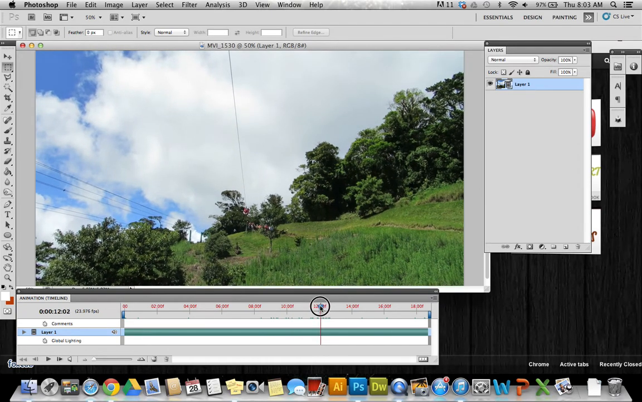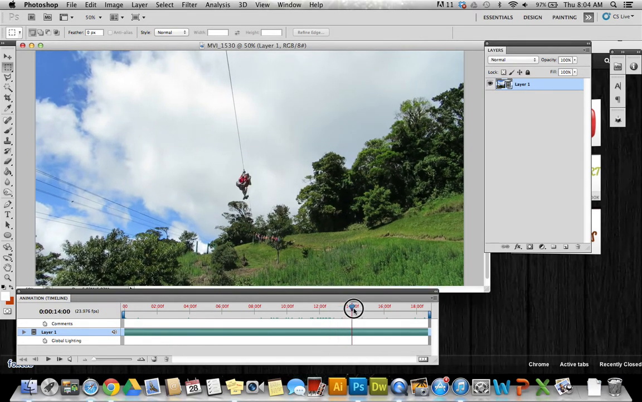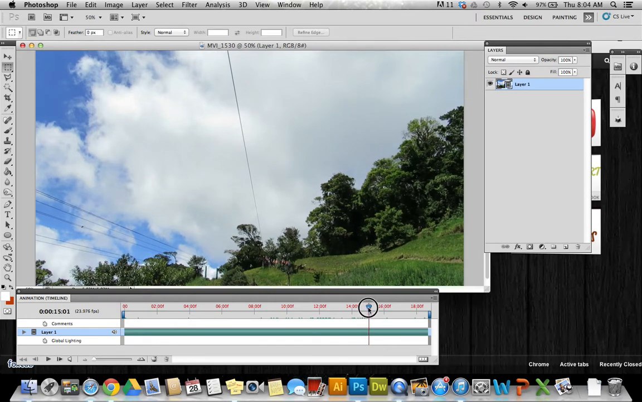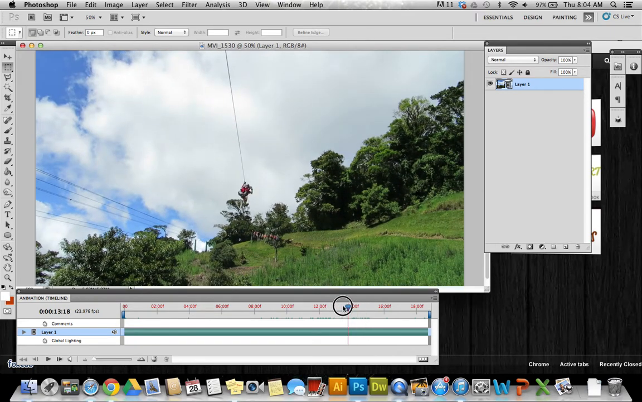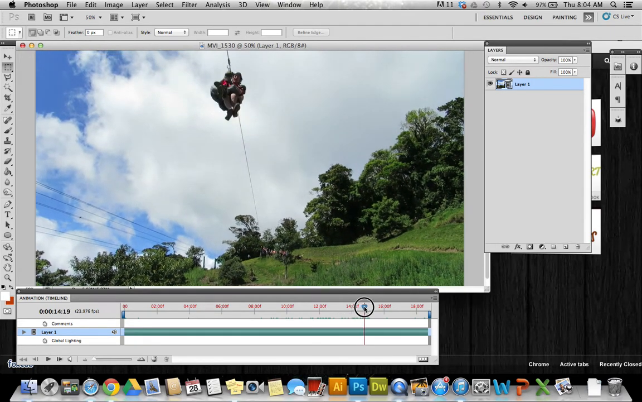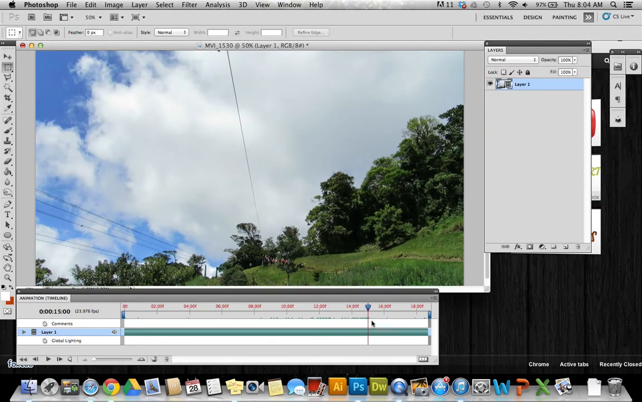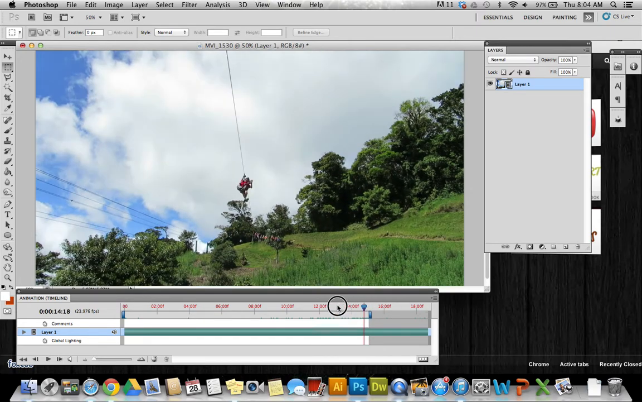So I want to have it loop where it starts at the beginning of the zip line and it ends just as they're coming across that wire, sort of at this point. So I'm just moving my playhead across the timeline to determine the points that I want. Once I know where I want it to start and end, I'm going to grab these blue bars here and I'm going to pull them in to the point where I want the animation to end. So just about there, and where I want it to begin,